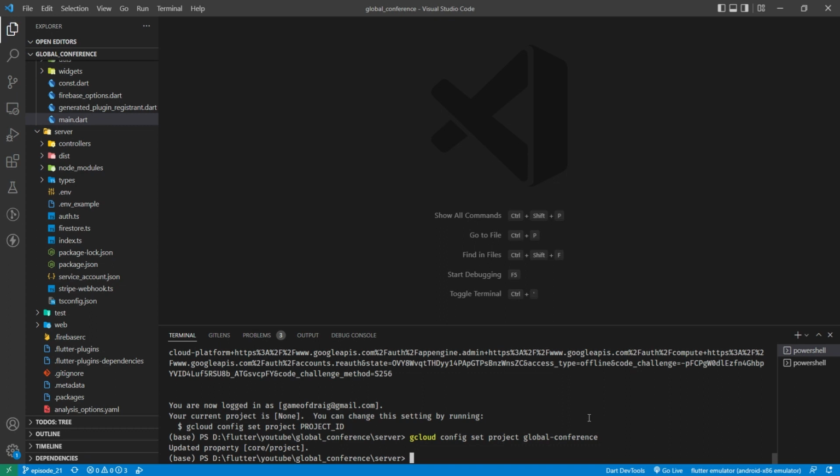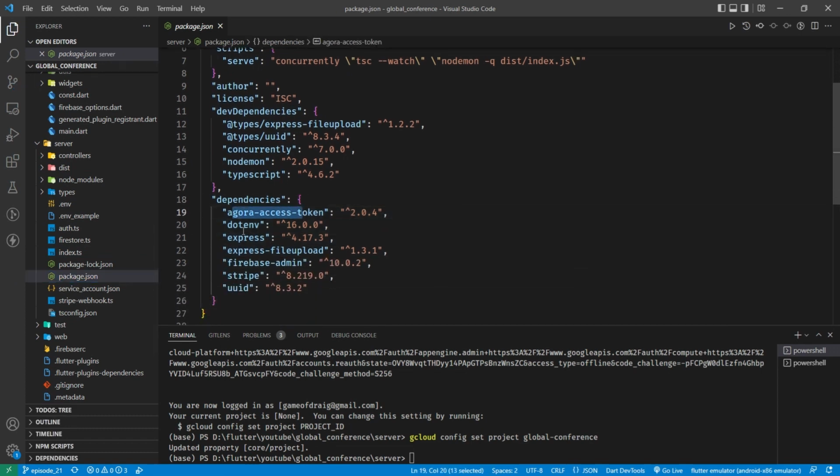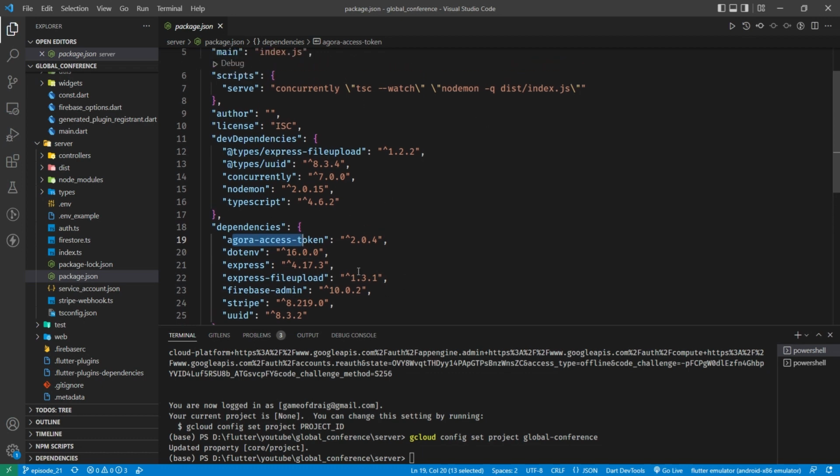So I'm going to set up a way of automating this, and to do that I'm going to install a couple more node dependencies, npm dependencies, within our server. If we come to our package.json, you can see we've already got some dependencies like the Agora access token that we did last time and various other things. The ones I'm installing now are all developer dependencies. We don't want them to form part of our code, it's just something useful for us during